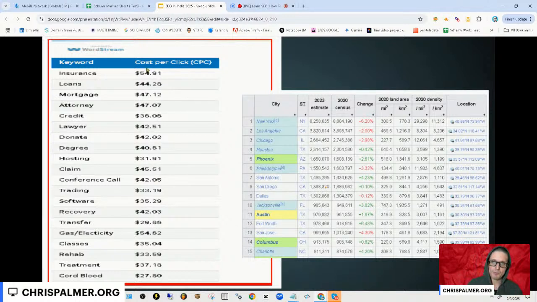So we went out and we searched for information regarding the most expensive or highest CPC values based upon niche, right? Things like insurance, loans, mortgage, attorney, credit, lawyers. These are $40 a click, $50 a click, very high competition key terms. The next thing that we did is we wanted to know, now that we have the hardest phrases or the